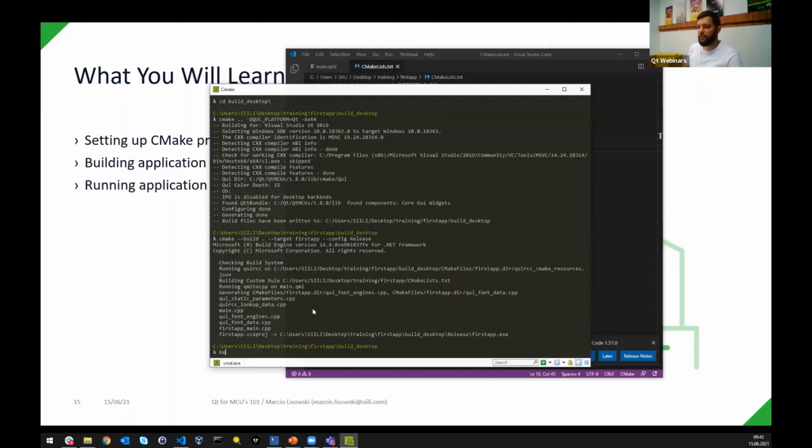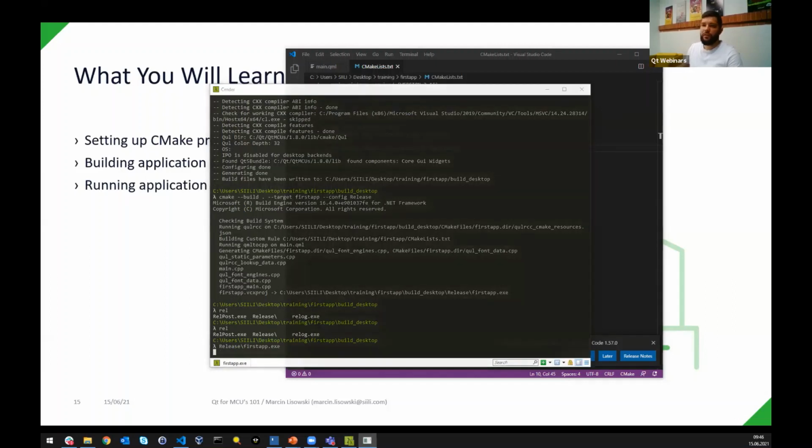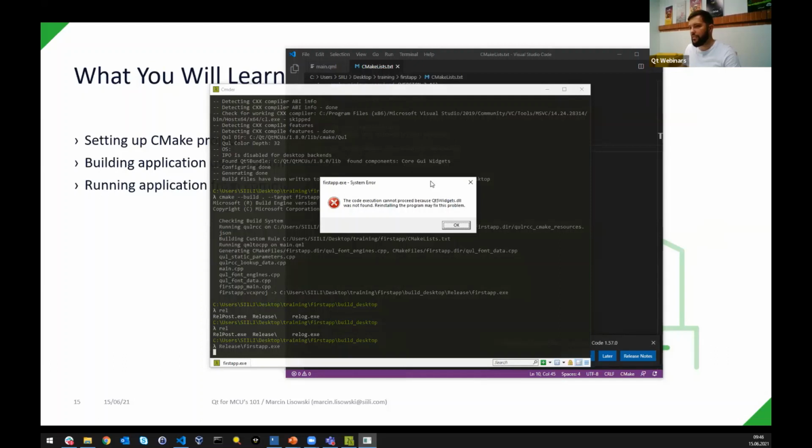It's located in the release directory, and its name is just first app.exe. And as you can see, it does not work. And that's an expected thing. And as I said before, Qt for MCUs comes with the libraries that you need to run your application on